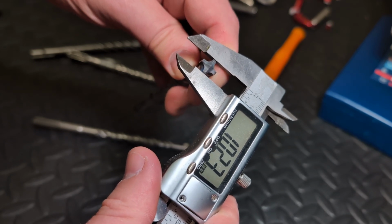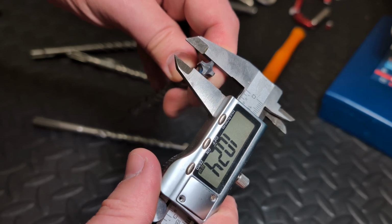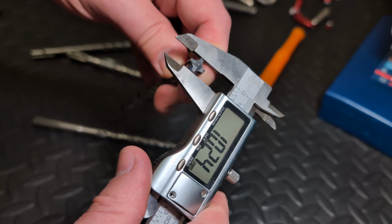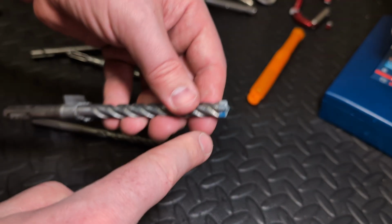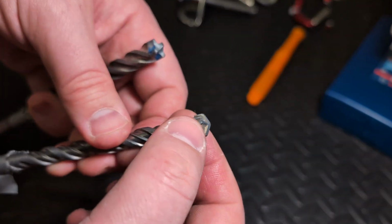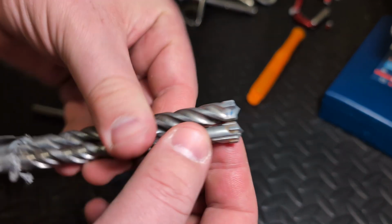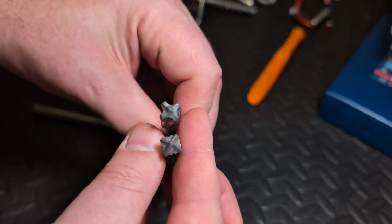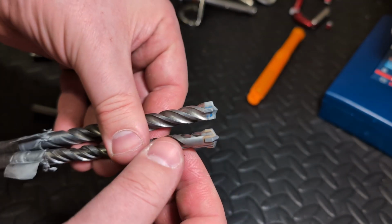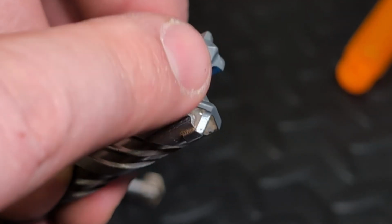I'm going to call that a 10.24. I think it was 10.28 to start with. So it's lost about 30, 40 microns, which is bugger all. And then this one lost about 40, 50 microns. So like bugger all wear on the actual diameter of these things after all that drilling. Really impressive stuff. But just the accuracy, I think, is going to be diminishing, particularly in the cheaper one,